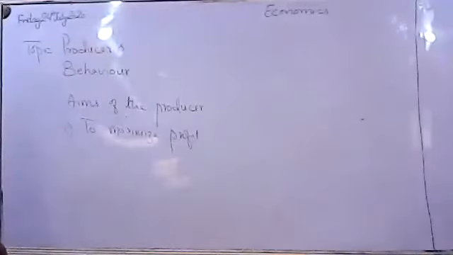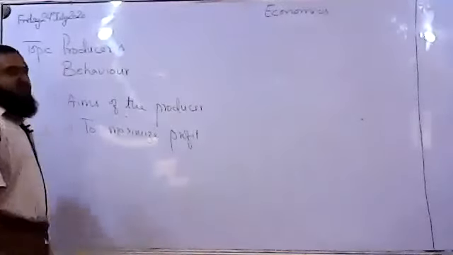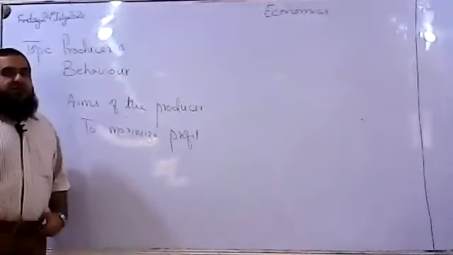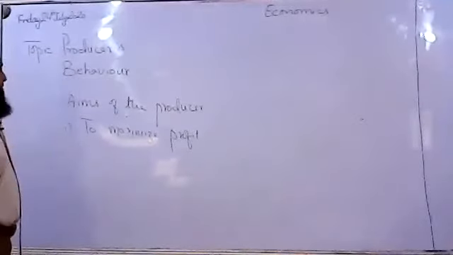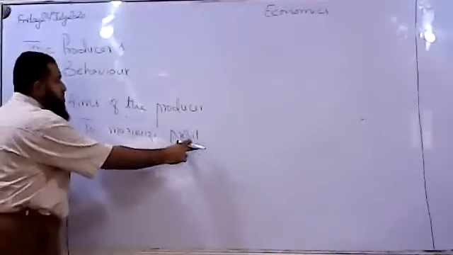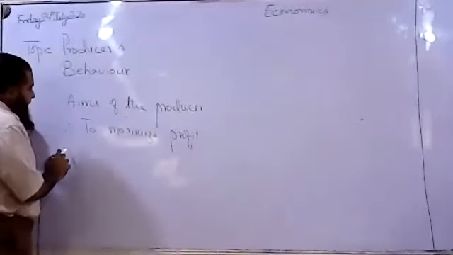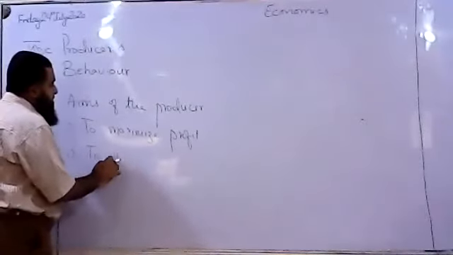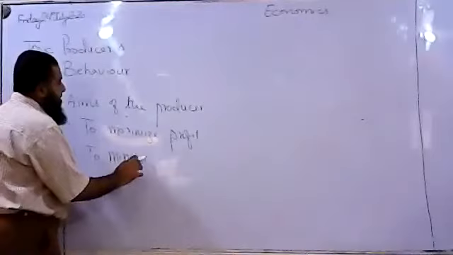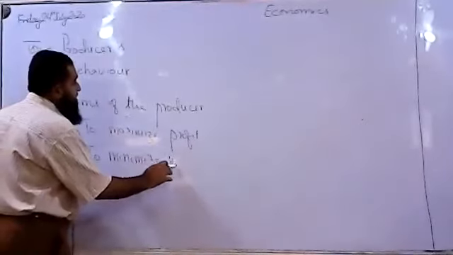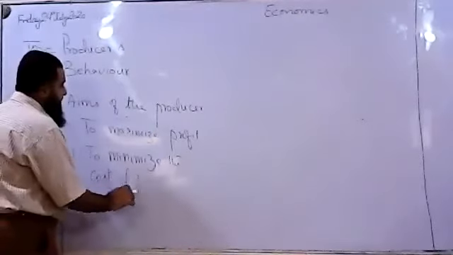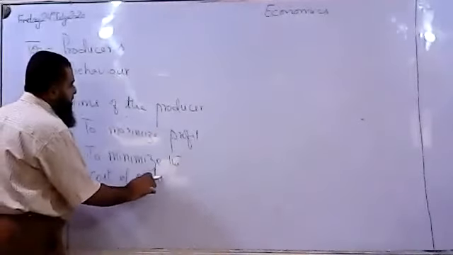Profit can be the reward for the risk of any economic activity, the production activity in which the producer or entrepreneur combines all factors of production and then takes the risk of profit. So his aim is to maximize profit. And the second aim is to minimize the cost of production. Keep it in mind, if he is able to minimize the cost,